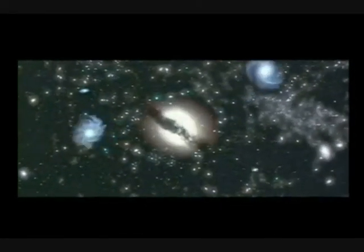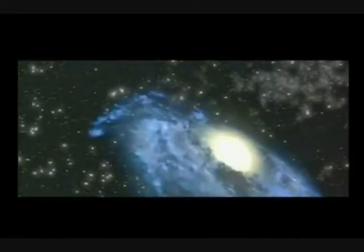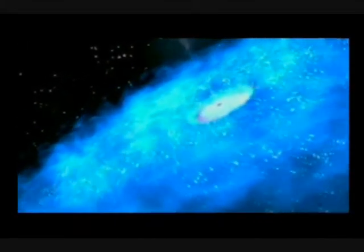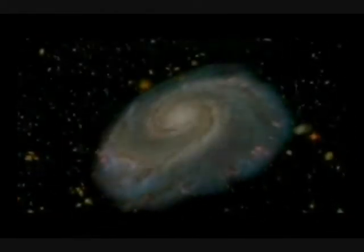Our nearest galaxy is the Andromeda Galaxy, which can be seen with the naked eye from planet Earth. Our own Milky Way galaxy is actually on a collision course with the Andromeda Galaxy. And in a few million years from now, we will crash into the Andromeda Galaxy, and the spiral arms of the Milky Way and the giant galactic center of the Andromeda Galaxy will swirl and coalesce into a giant super